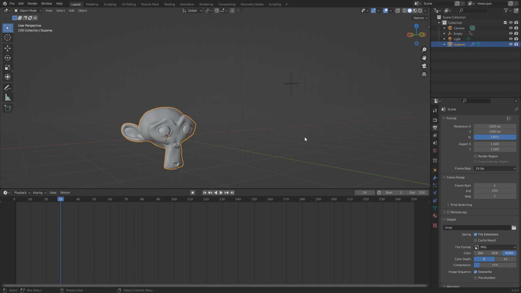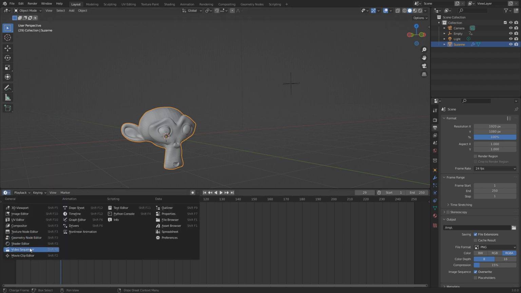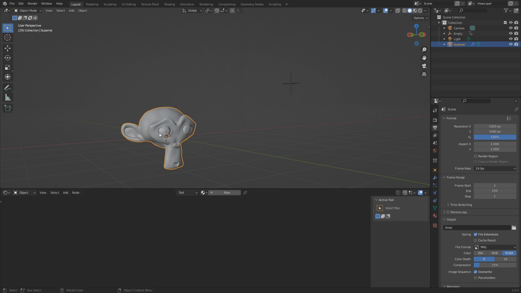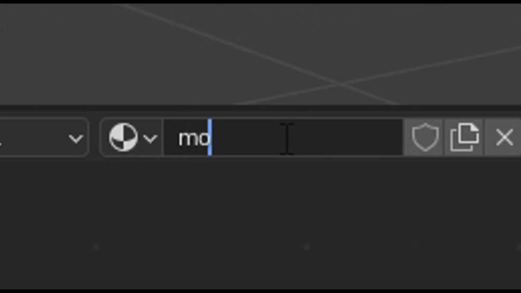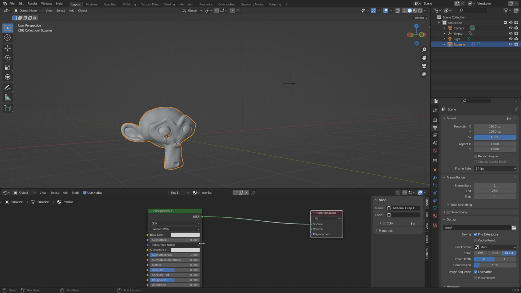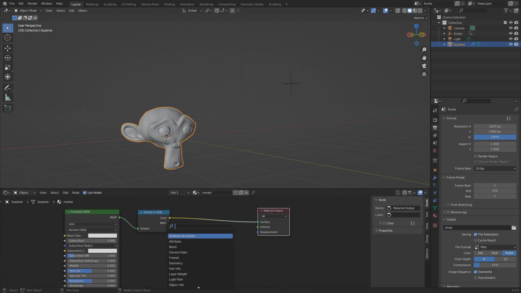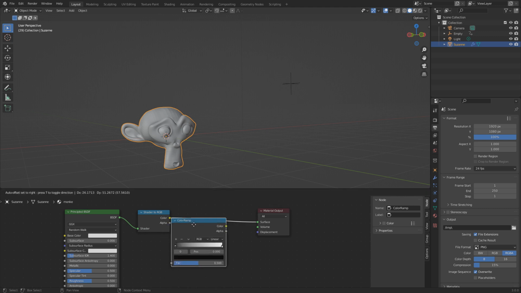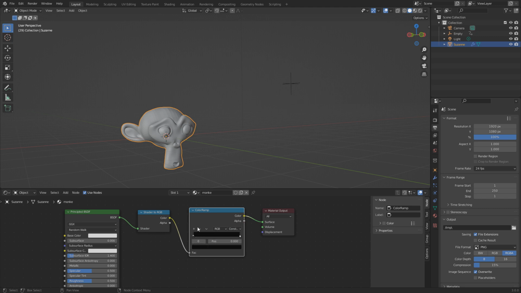So, let's give this model a quick little bit of shading, just so it looks prettier. Let's go to the shader editor, create a new material, call it Monke. Since we are in Eevee, you can use the Shader to RGB node, and you can bring in a color ramp, set it to constant, add a couple more. Let's say 5 of them. We're going to set this one to be some nice dark shade of red. We're going to set the next one to be